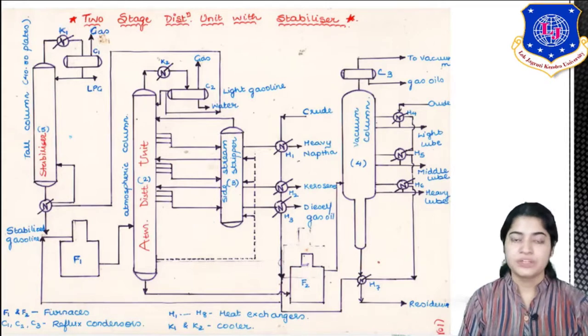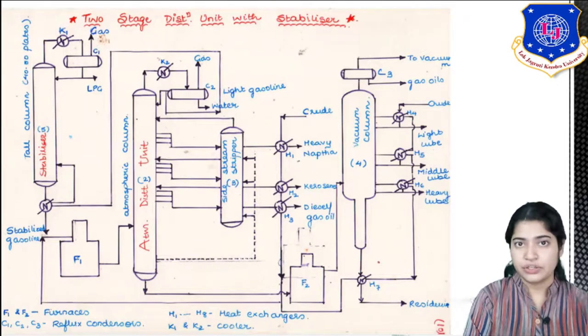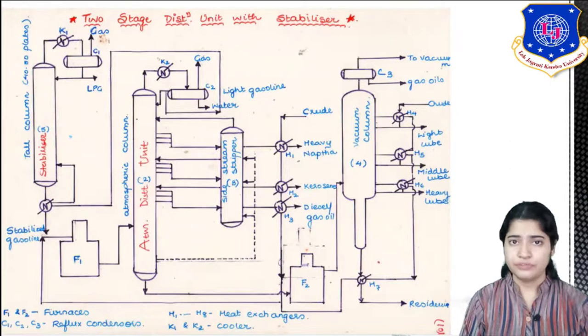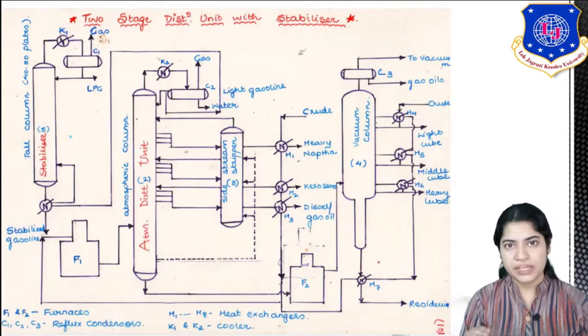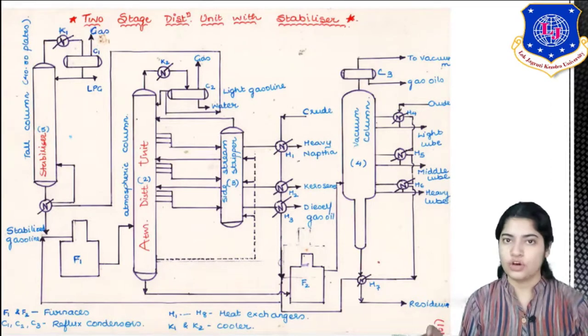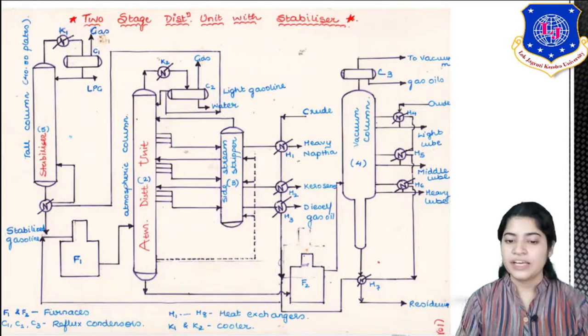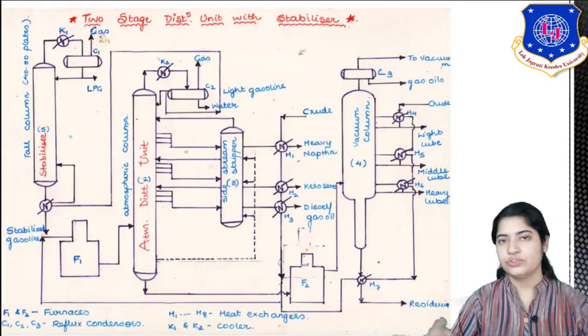Now again back to F2. Look at F2. You can see what is introduced into it. The bottom residue of ADU is now sent to furnace 2. In furnace 2 it is again preheated. Now this preheated residue is sent to the fourth column, label 4. It is the vacuum column. In the vacuum column, you can see at the top the light gases are taken out, condensed, and you get your gas oils.